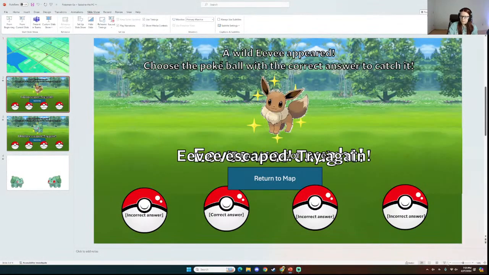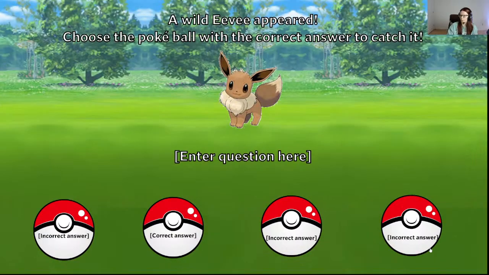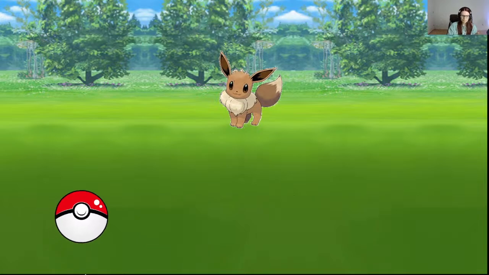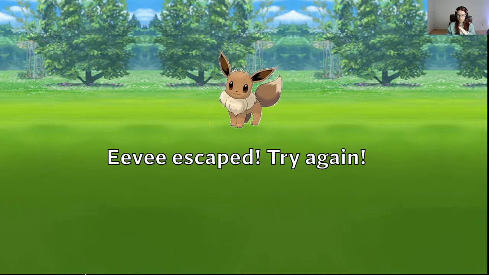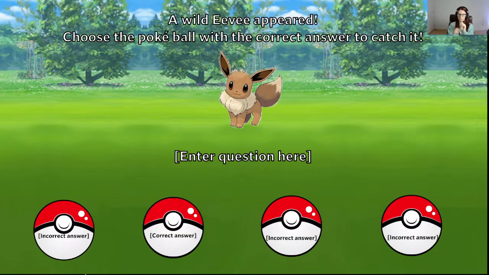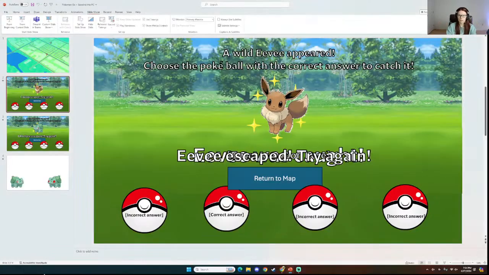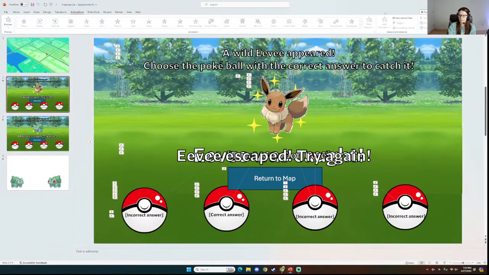When you open the slide with a Pokemon on it, there are things that already appear, but there are paths of motions and animations that happen anytime I click on one of these balls. So when I click on this first ball, without having to do anything, it moves, it catches the Pokemon, the sparkles appear, and then it escapes and the ball disappears. All of that, when you go and look at the animation panel,